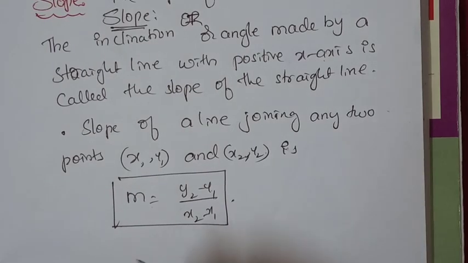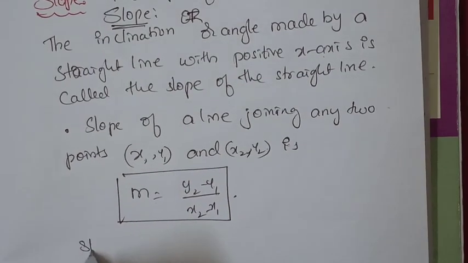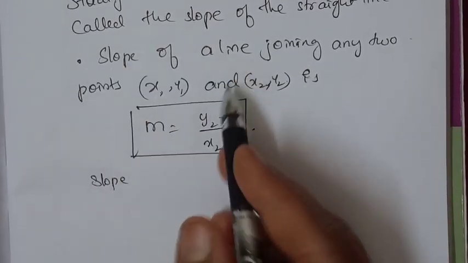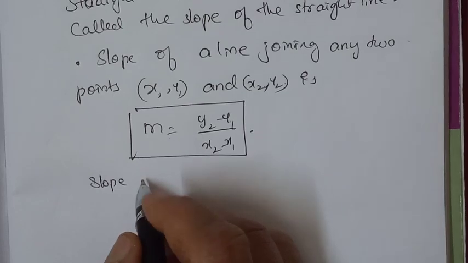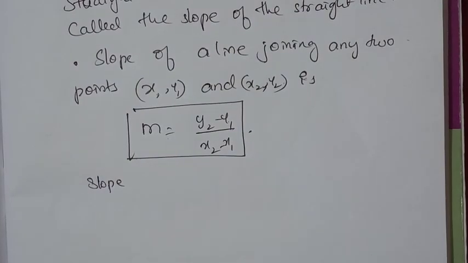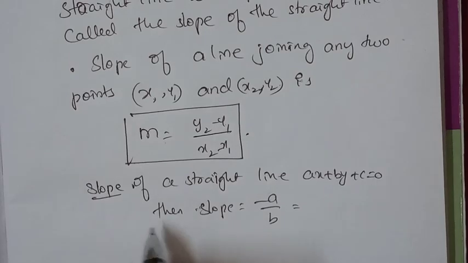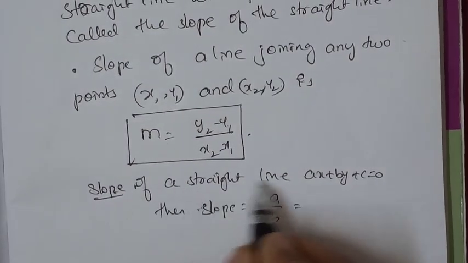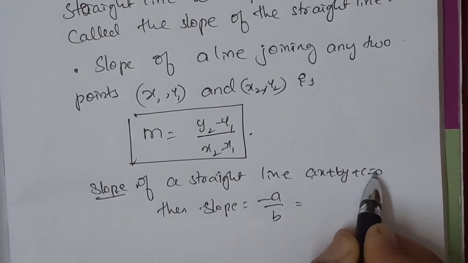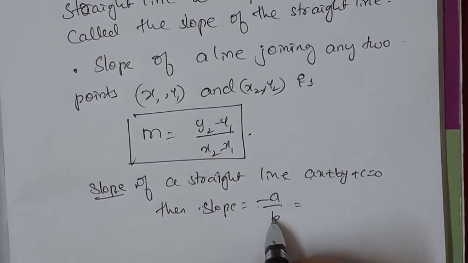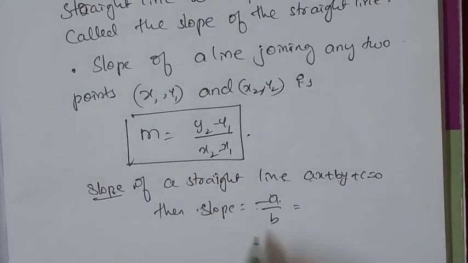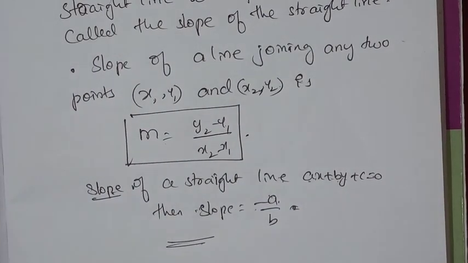So one more last one, slope of a line. Children, this is the slope of a straight line. One more last point of this chapter, this video. For the slope of a straight line ax plus by plus c is equal to 0, the slope is minus a by b, that is, minus coefficient of x by coefficient of y. Okay, you can write in words. That's all. This is the introduction part of the coordinate geometry for class 10.